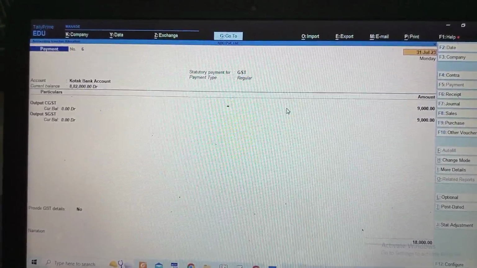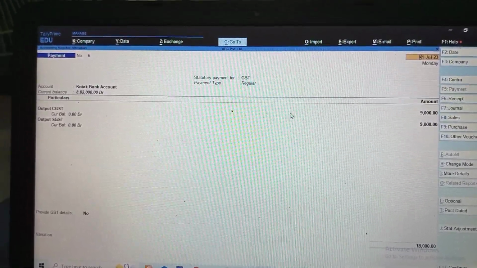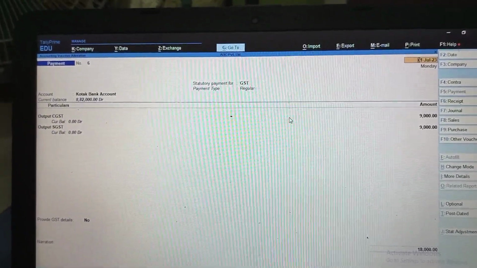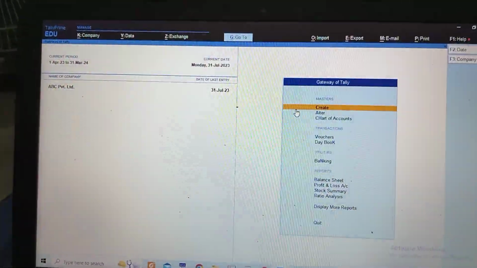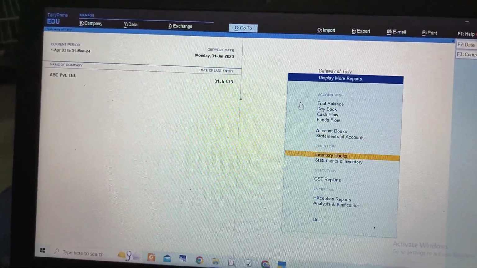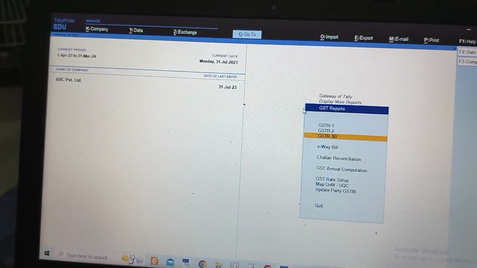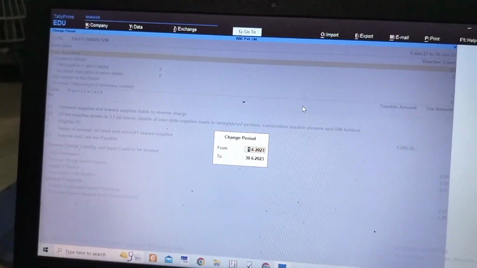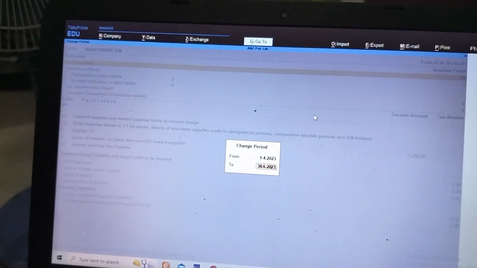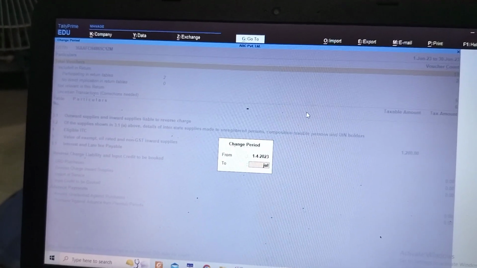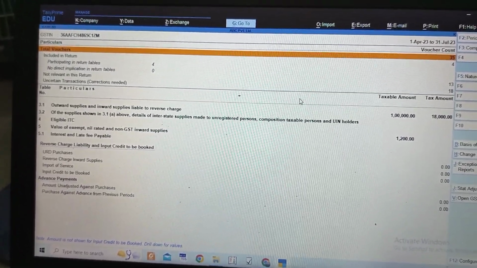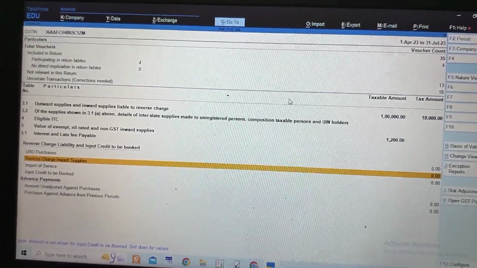Now let's proceed to the next step, that is claiming of tax credit. Okay, let's come back to the gateway of Tally, then display more reports, then GST report, GSTR-3B, and I'm filtering the period. It's from April 23 to July 23. Okay, and go to this option,